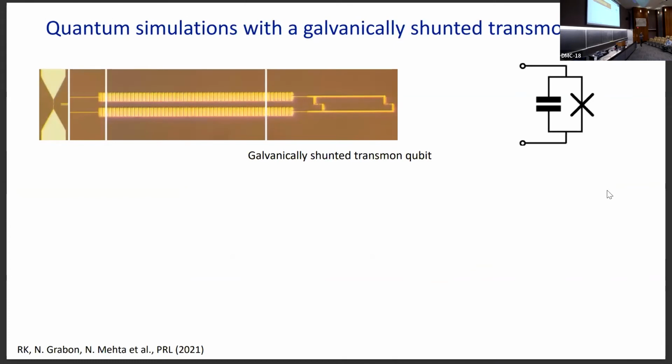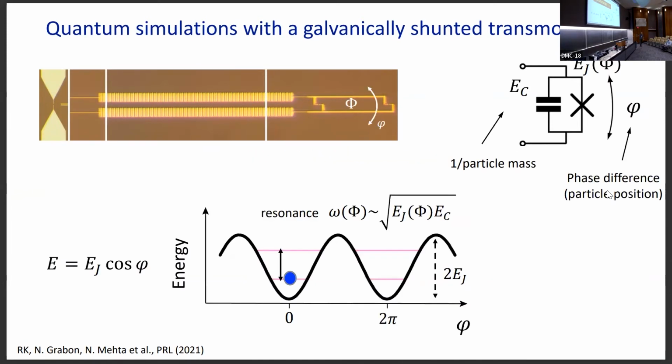So let me now talk about my second example. Now we will change the impurity. The transmission line stays the same. It's non-interacting photons, but the impurity is different. And now it's more like a transmon type qubit, which consists of a Josephson junction shunted by its capacitance. And here it's made in the form of a SQUID, such that we can tune the Josephson energy of this qubit.